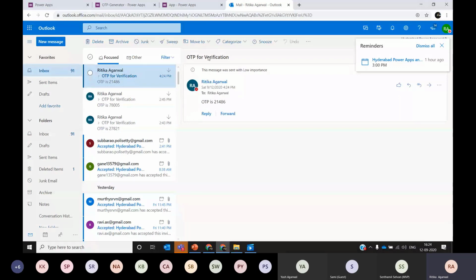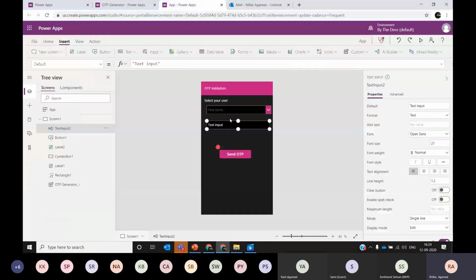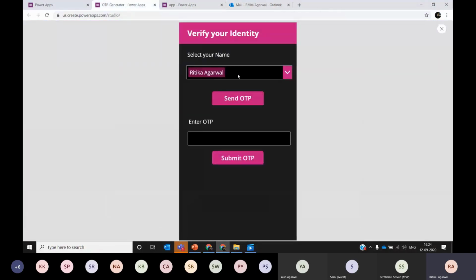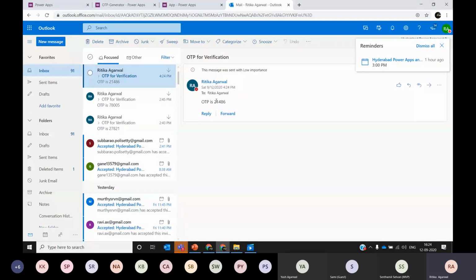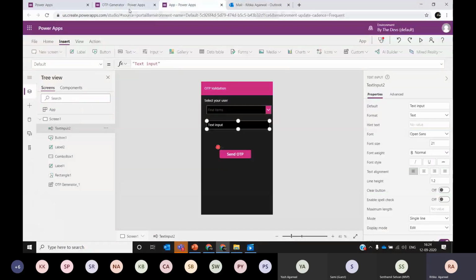Here, whatever subject I have passed in the email is displayed along with the body, and the email address where the email is sent is picked from the combo box control where I have all the users in place.